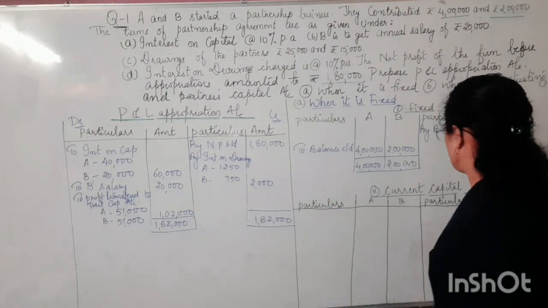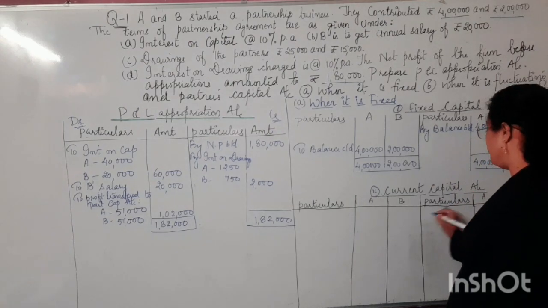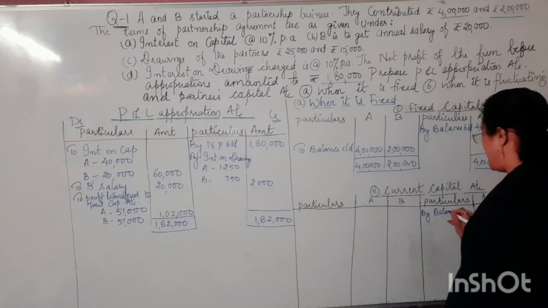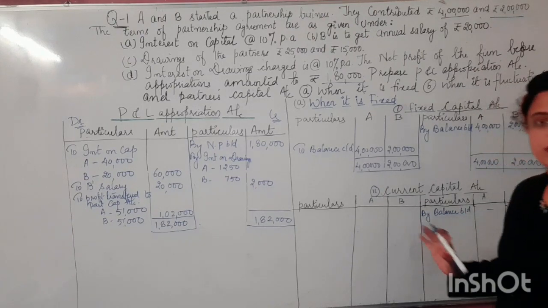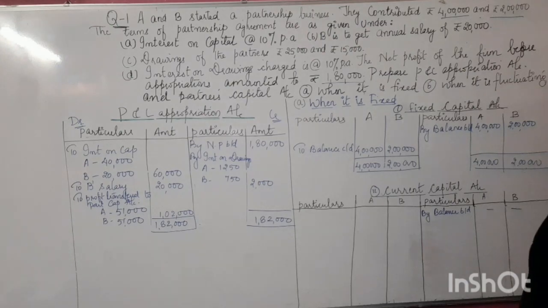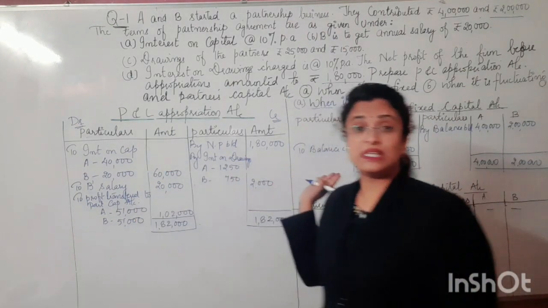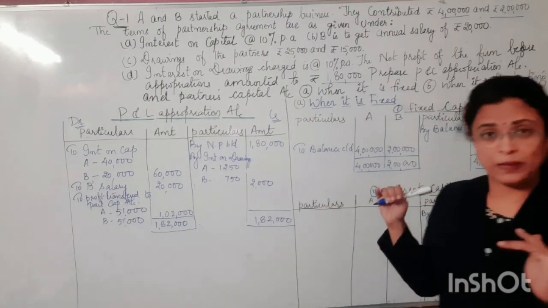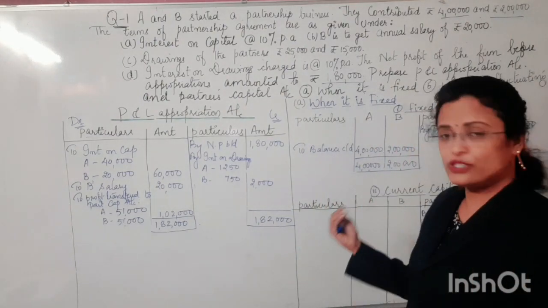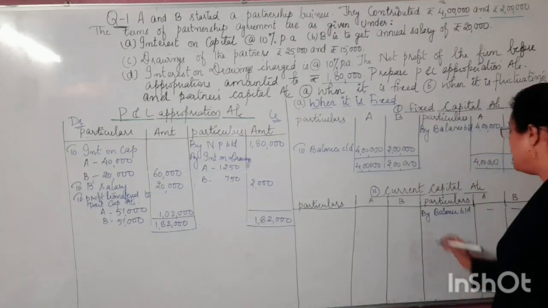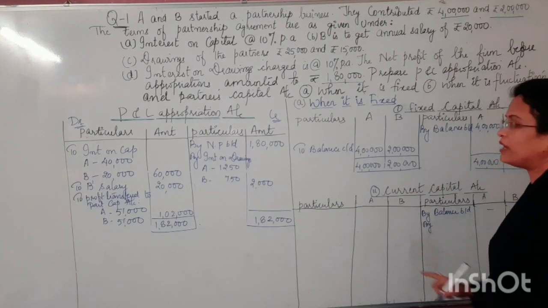So in such a situation, what we will be doing here, though we will be writing here as by balance brought down, there is nothing as such being given, so we will put a dash mark over here. And you can see it here, these all appropriations will be transferred. We have seen an acronym, you can use it here, B plus SIPS. So therefore commission is not there, rest all the things are there.